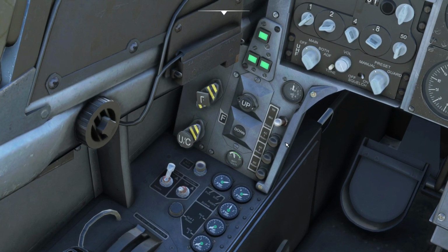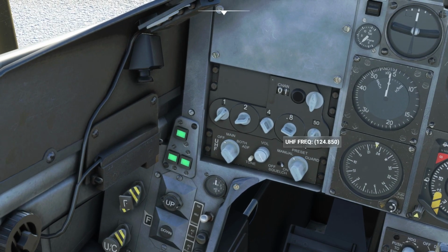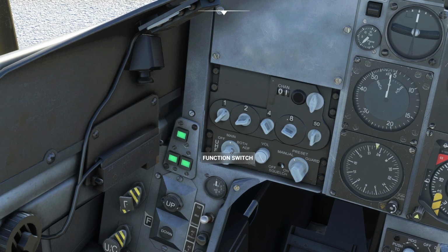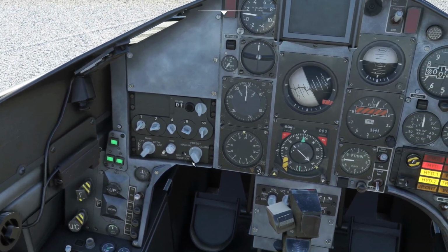Moving up to the left instrument panel, we can confirm that neither the flap or undercarriage standby handles have been pulled. We can confirm that the landing gear indicator shows 3 greens now that we have electrical power. We can confirm that both batteries show charge, that the flap position indicator is selected up and that is matching the position indicator. We can then switch on the UHF radio by setting it to both. And then we can move to the centre instrument panel,